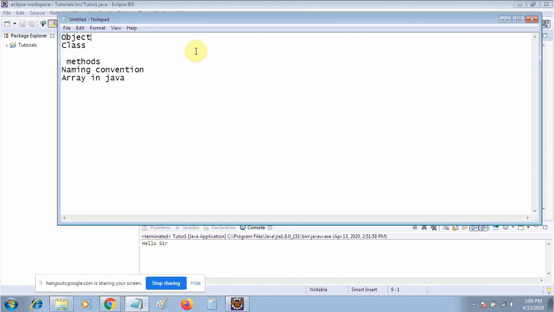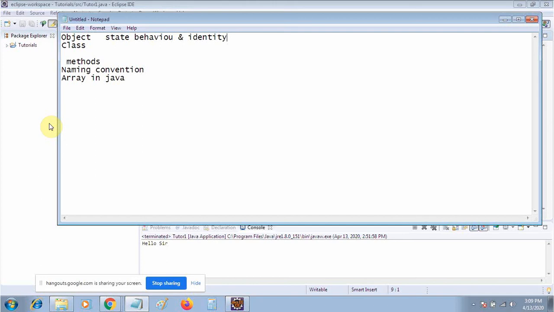An object basically has three things: state, behavior, and identity. So what does state mean? State represents the data value of an object.